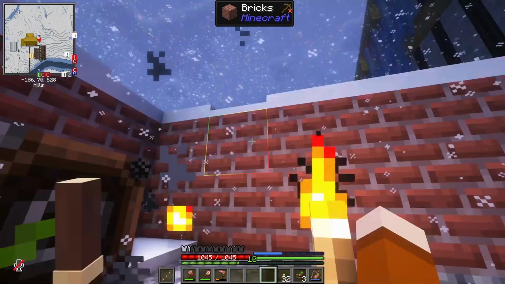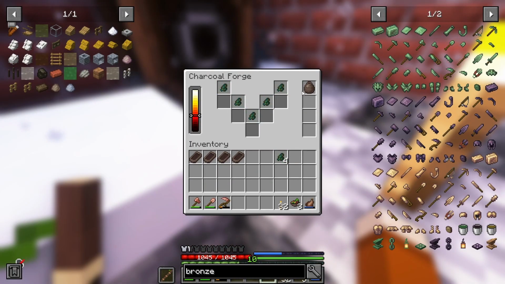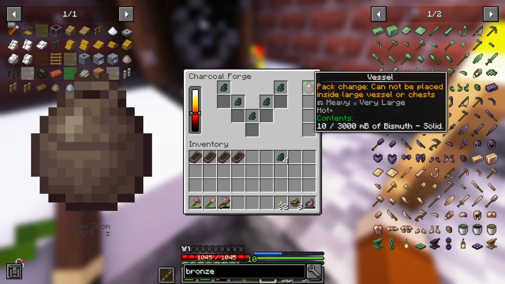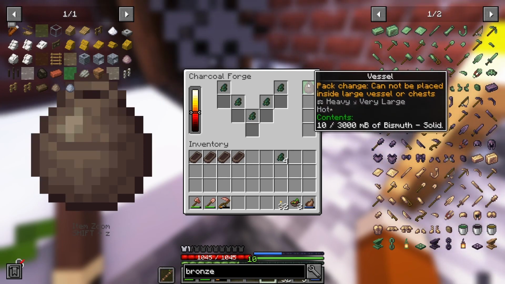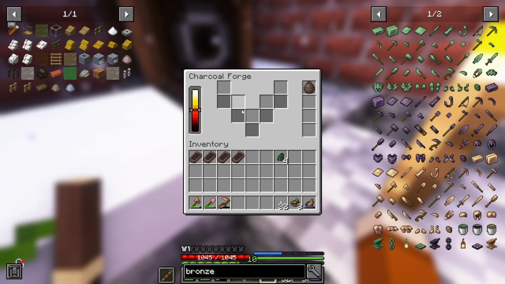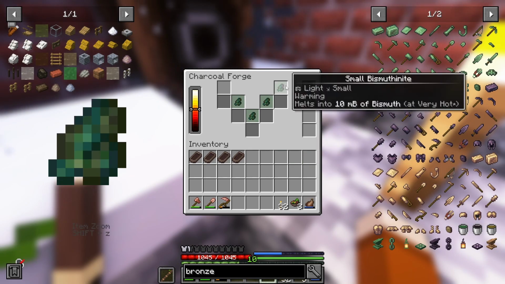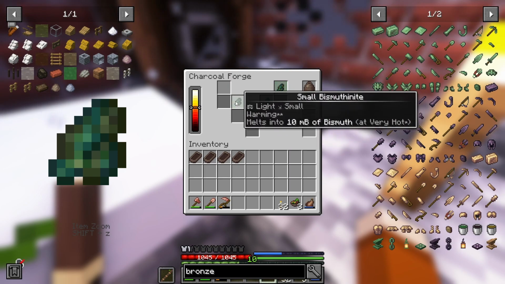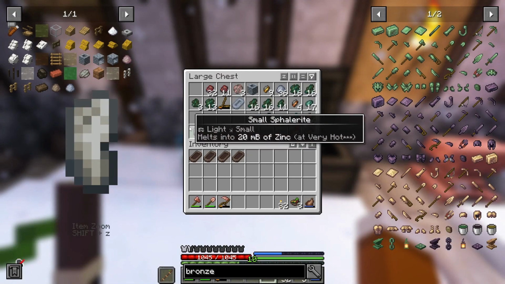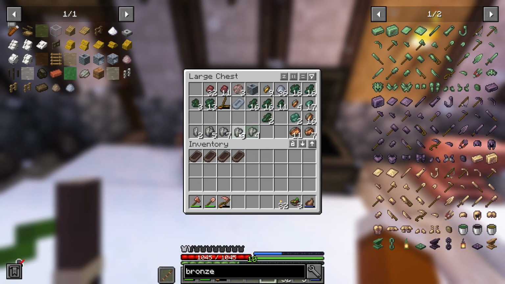I'm an idiot. Yep. As long as you have the vessel in the... I don't know what to call this. As long as you have a vessel over here, you can actually melt down your items and it'll go straight in. So we've got 1 ingot's worth of...